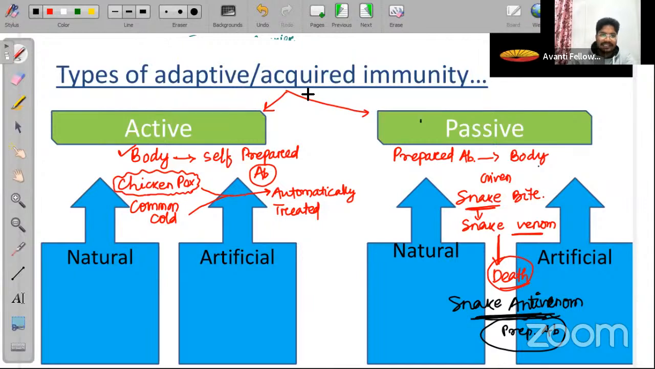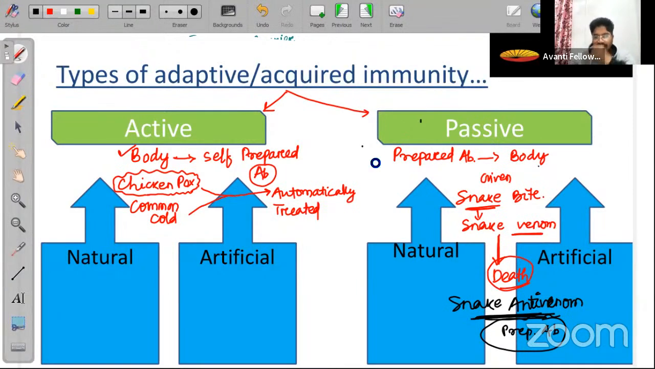Great guys. Take a screenshot of this one, or if you want you can note the things. नोट बना लो अगर बनाना है तो, फिर मैं आगे बढ़ता हूँ। ओनली दो चीज लिखो, एक्टिव मतलब अपना बॉडी खुद प्रिपेयर करेगा एंटीबॉडी को, एंड पैसिव मतलब देयर विल बी प्रिपेयर्ड एंटीबॉडी व्हिच विल बी गिवन टू आवर बॉडी।